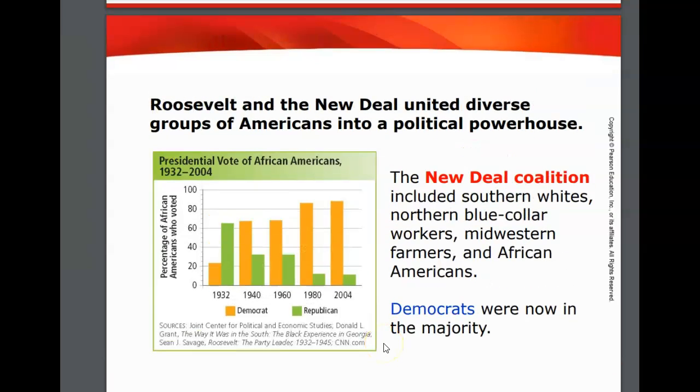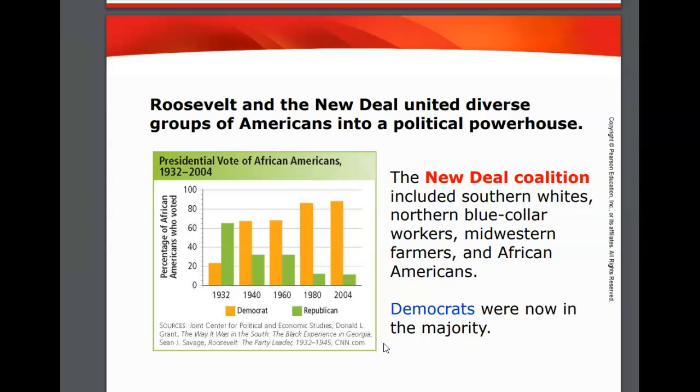The New Deal also created what was known as a new political coalition. By the time that Roosevelt had died in 1945, after having been elected for the fourth time, he was known for his legendary political skills. He united what was really an unlikely group of Americans that, prior to the New Deal, would probably never have been part of the same political coalition.